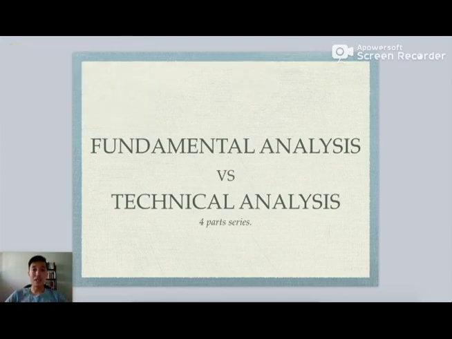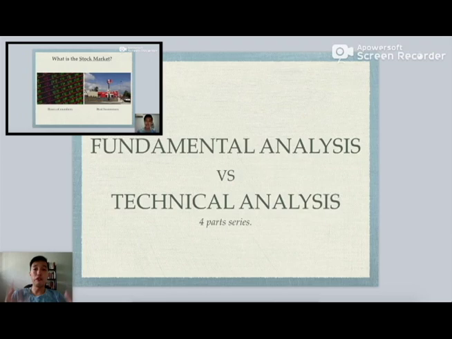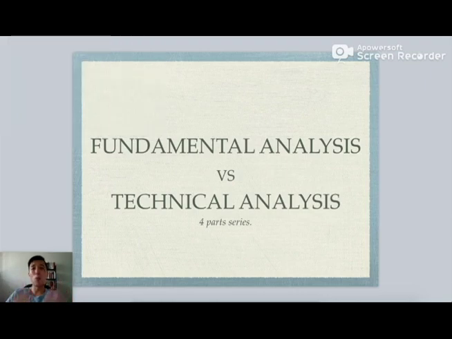So we're going to start on the fundamental analysis portion first. What is fundamental analysis? It is a method of investing made famous by a great investor called Warren Buffett. He looked into the fundamentals of the business, how the company is genuinely doing as a business itself. Remember, in the previous video, I mentioned that when you're investing in the stock market, you are not just looking at numbers or rows of data. You are actually investing in real businesses, so it is very important to find out what the business is actually doing.